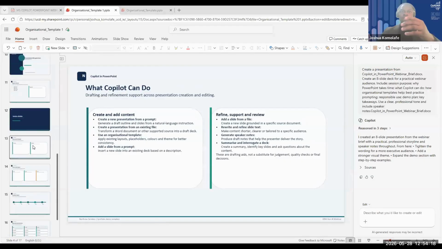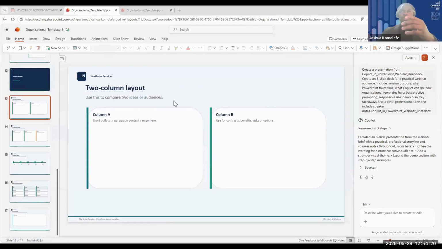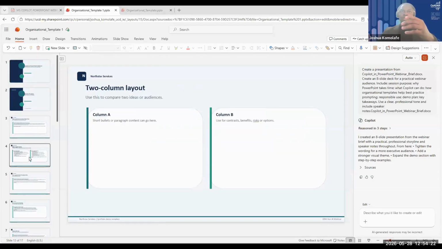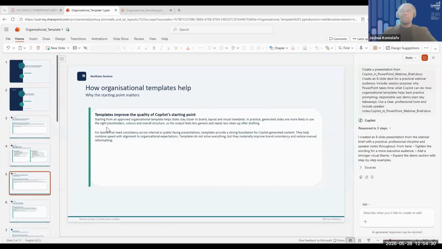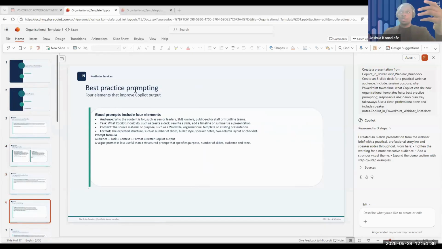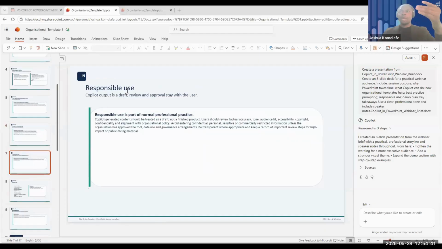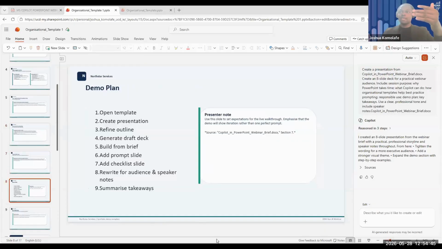The same templates that we had here for 2-column layout, it has used over here as well to do a 2-column presentation of what Copilot can do for you. And we have a singular one for how organizational templates help. It's also done the best practice prompting slide. We have the responsible use slide. We have the demo plan slide, which we